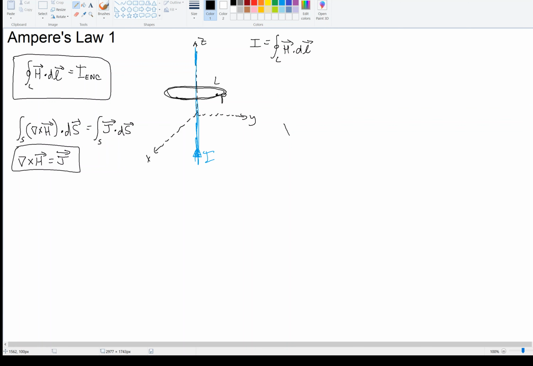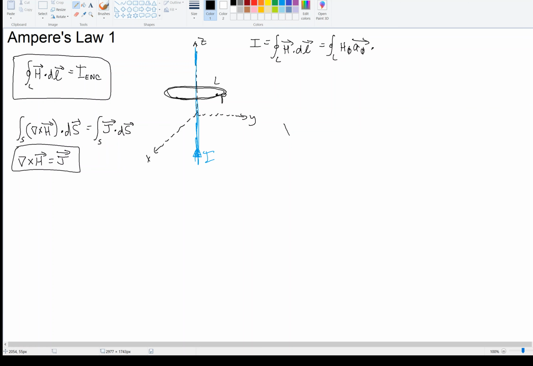H is the unknown here. But I do know something. In order to apply Ampere's law, you need to know something about H. And from the Biot-Savart law, we know that H is in the phi direction. So what I can do is replace H with H sub phi, its component in the phi direction,